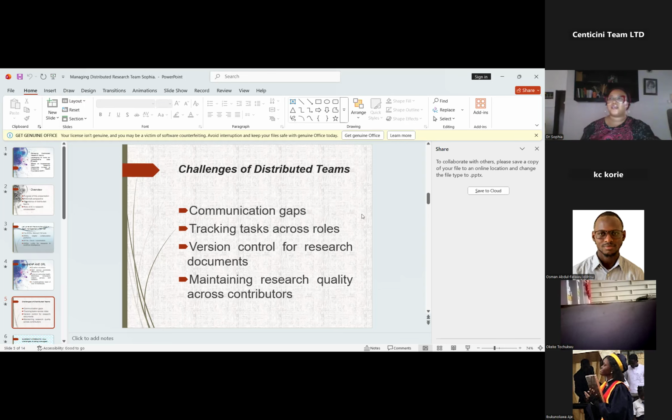So there was nothing like AI back then. It was all manual. We get to know what we are doing, have a little piece of paper, and paste our sticky notes around. Early in the morning, we wake up and we know what we have to do the next day. So there was this communication gap whereby if you're not physically present, it was very difficult to pass across information. So we had to meet